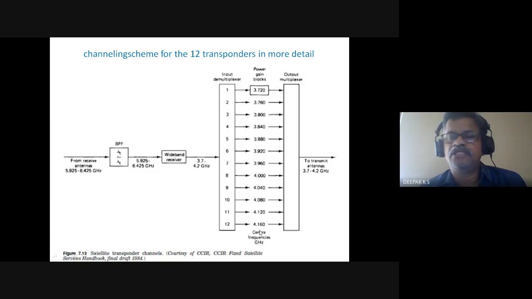And we saw that 40 megahertz is the bandwidth of the channel: 36 megahertz plus 4 for the band gap. So 720 and 716 is a difference of 40. With the 40 megahertz difference, 12 channels can be accommodated in a 500 megahertz band. And we need to provide gain. So basically in the transponder, the gain is sitting here for individual channels. So this we had seen last class.